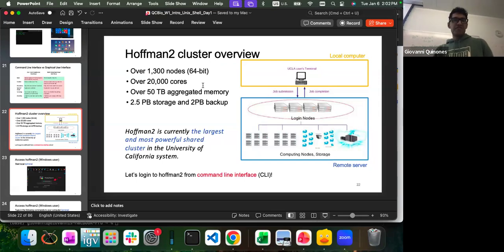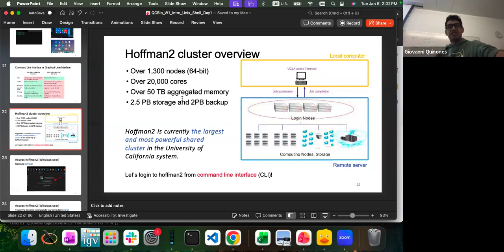We have over 50 terabytes of aggregated memory. This also depends a lot on the kind of program, the kind of account that you have. If you have your Hoffman account through your research group, you probably have quite a bit of storage. You can probably store up to 100, 200 terabytes, depending on the account.